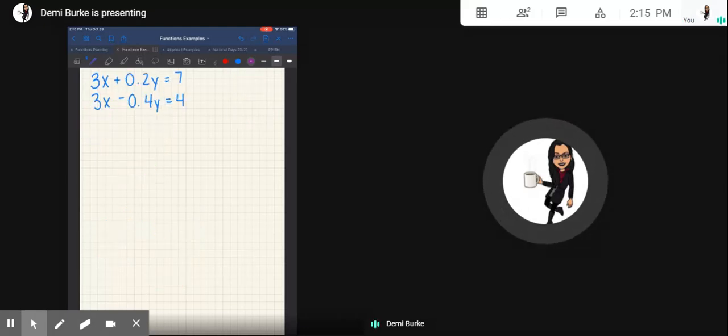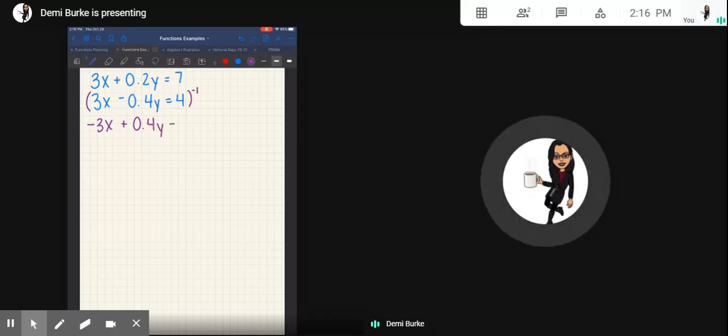Sometimes you will see that they don't necessarily cancel as nicely. Nothing here is going to explicitly cancel, but if I look at my x's, I can see that they have the same coefficient. They both have the coefficient of 3, which is perfect, because if I make one of them negative, they will be able to cancel out. So what I'm going to do is multiply this entire bottom equation by -1. If I multiply that entire bottom equation by -1, I'll get -3x plus